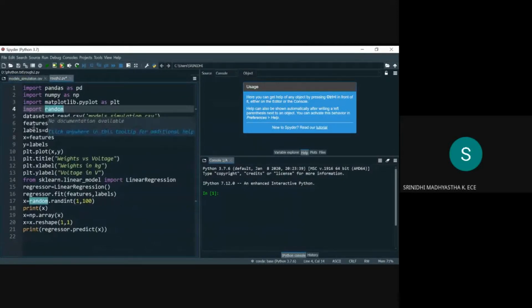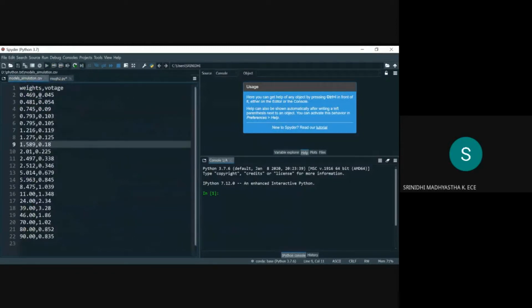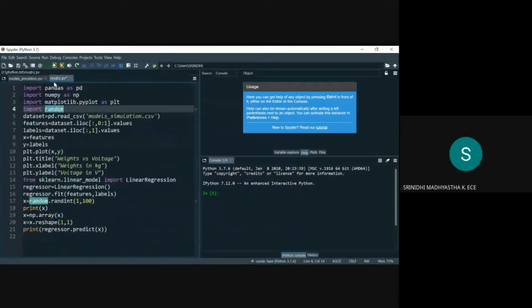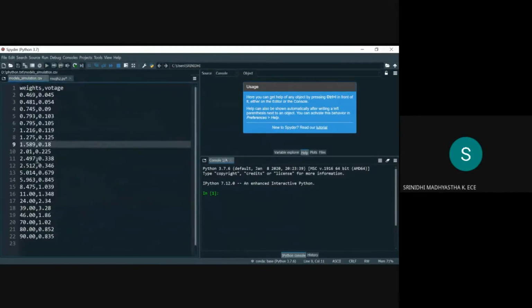The next step is to separate the weight and voltage. We get partial data using the iloc method. Using this statement, we are separating the weight column and the voltage column.